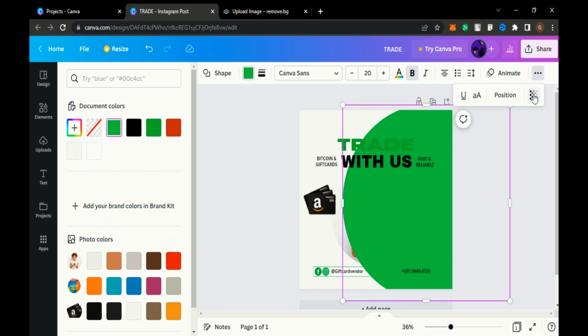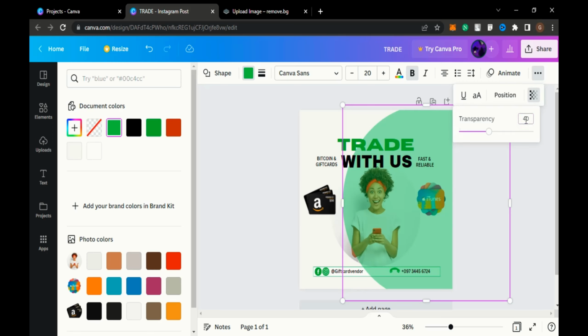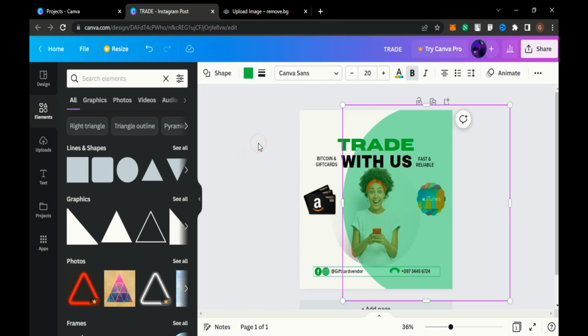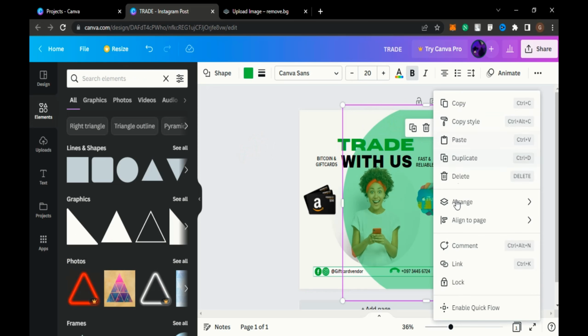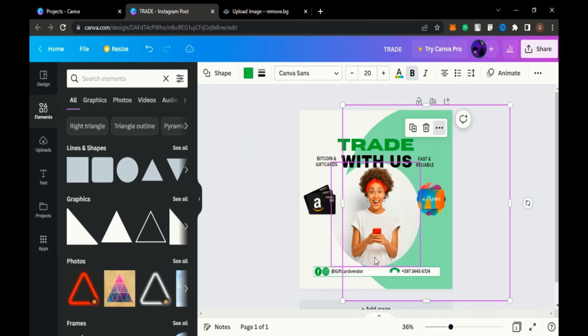Then let's reduce the transparency of the circle to 40, and then after that we're going to send the circle to the back,